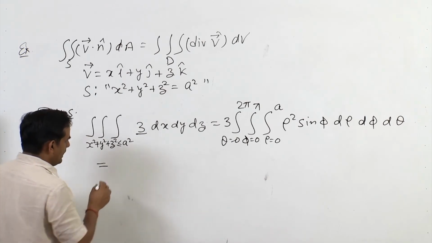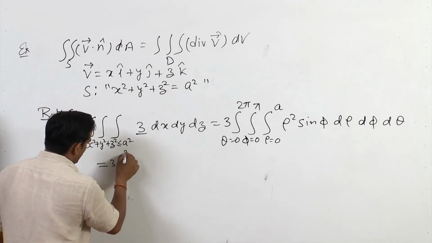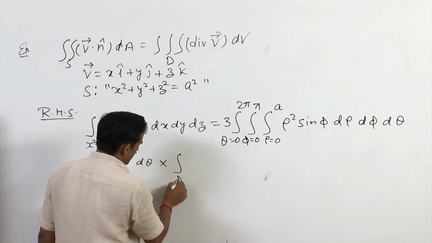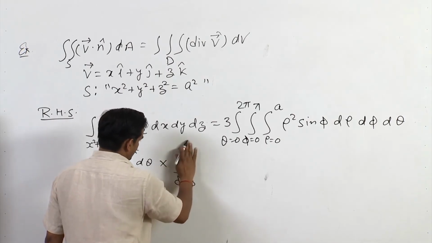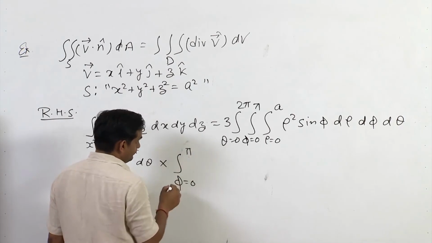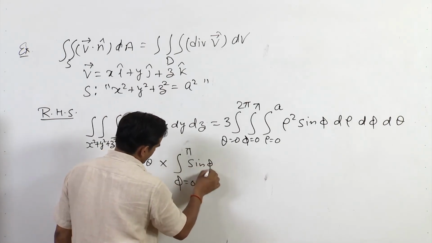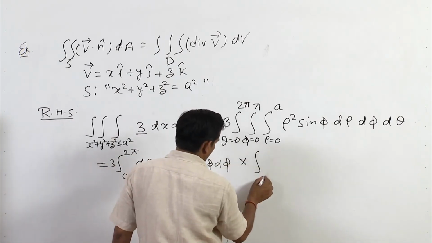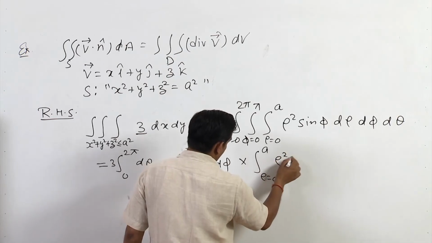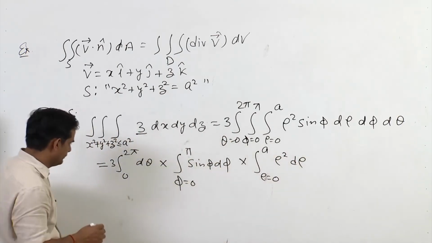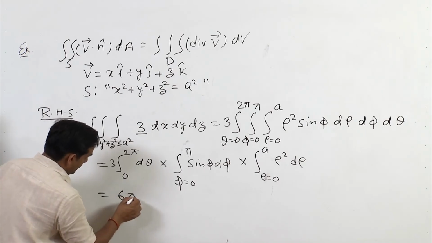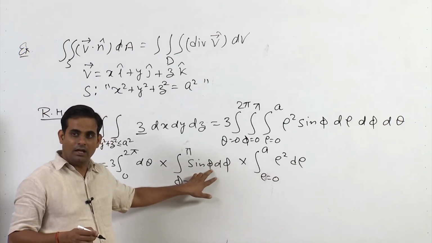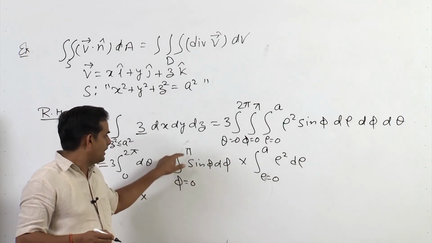All the limits are constant, so I can write the integral of theta from 0 to 2 pi d theta, into phi from 0 to pi sin phi d phi, into rho from 0 to a rho square d rho. This equals 6 pi into the integral of sin phi, which becomes cos phi. And here when I put pi,